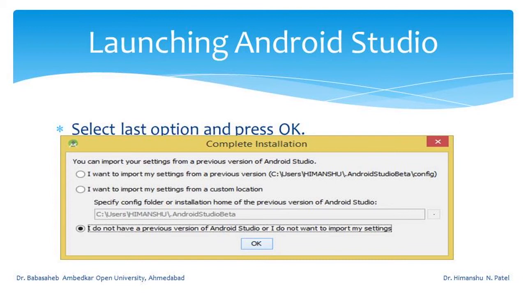But suppose you are launching or installing Android Studio for the first time, you must select the third option, which is I do not have a previous version of Android Studio, or I do not want to import my settings. So, in your case, if you are installing Android Studio for the first time, you have to click the last radio button, and then you have to press the OK button.